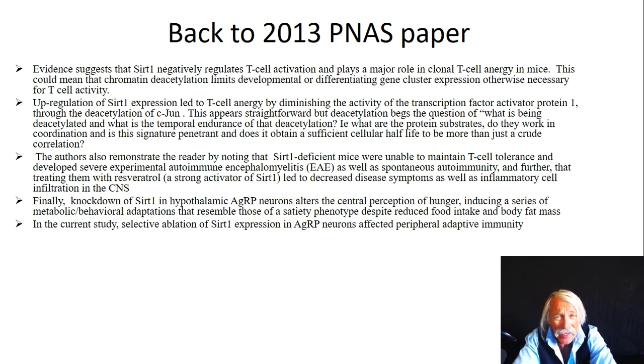Now, when that happens, it appears straightforward, but deacetylation begs the question of what is being deacetylated and what is the temporal endurance of that deacetylation. How long is that maintained? That's what I mean by that. That is, what are the protein substrates for deacetylation? Do they work in coordination? And is that signature, the acetylome, penetrant? And does it obtain a sufficient cellular half-life, how long it lasts, temporal, to be more than just a crude